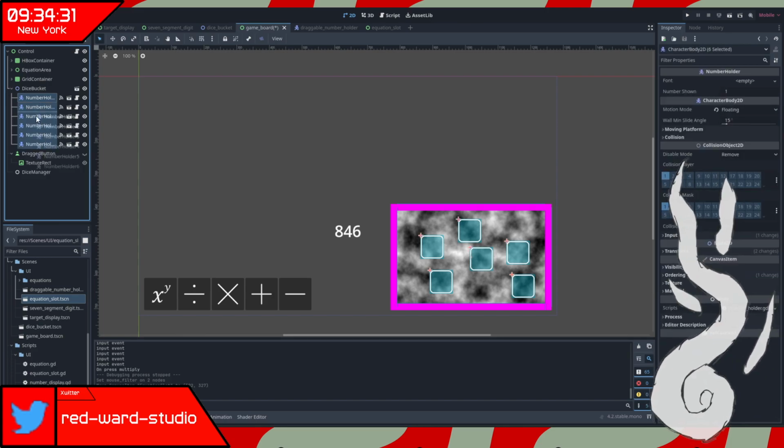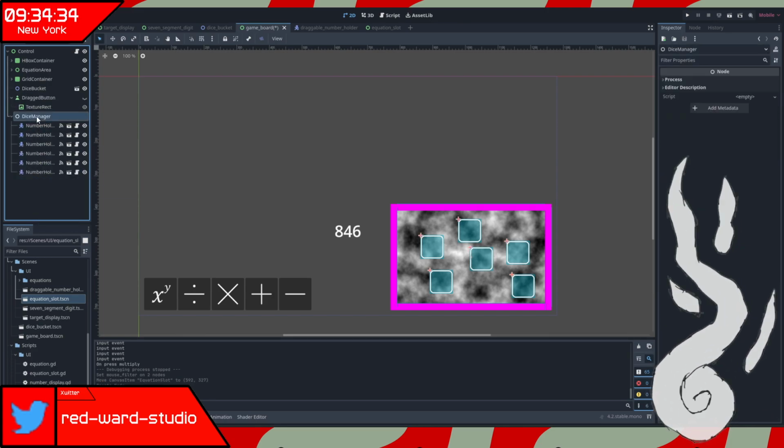All of these are going to be children of this dice manager object, which lets me do something like